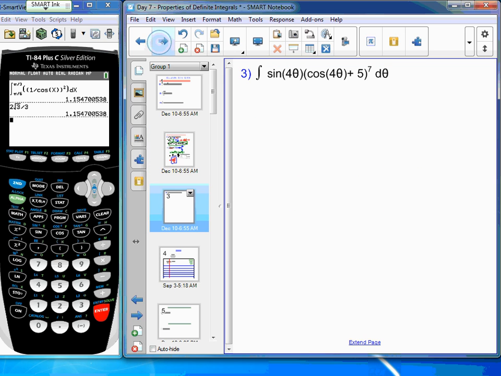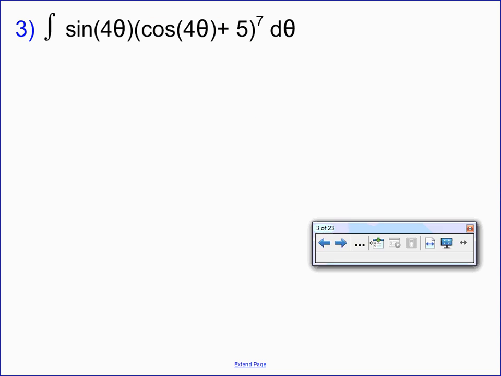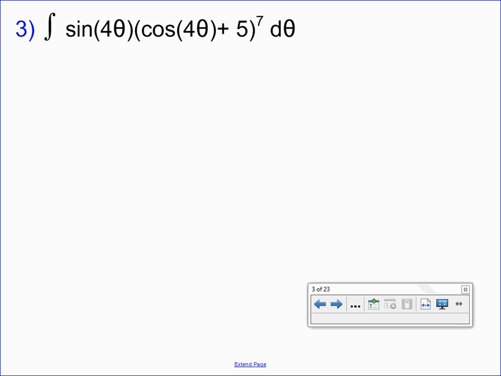Okay, one to go. Let's take a look at number 3 then. Oh, goodness gracious. So this integrand is much more complicated than the previous, right? This is the first case where I'm going to have two separate parts of my integrand function. So the key here is determining how those two parts relate, right? We need to determine which part is the derivative of the other part or a portion thereof, in accordance with the chain rule, right? In accordance with the chain rule, we need to figure out what's the overall function and